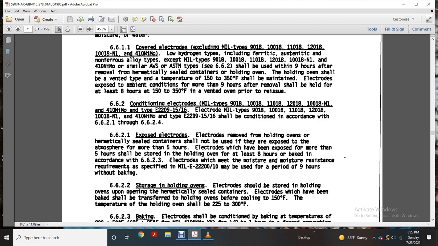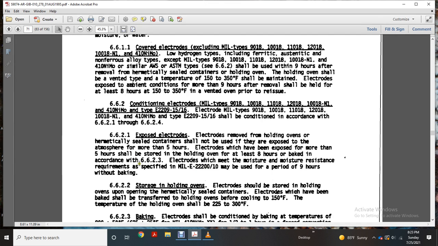Electrodes removed from the holding oven and hermetically sealed containers should not be used after they are exposed to the atmosphere for more than 5 hours. Electrodes exposed for more than 5 hours should be stored in the holding oven for at least 8 hours and baked. And according to 6623, electrodes which meet the moisture resistant requirements specified